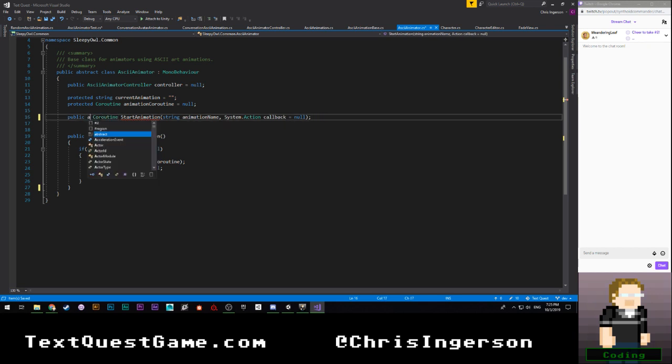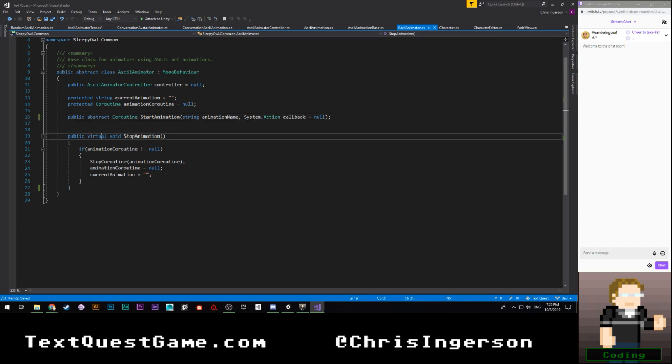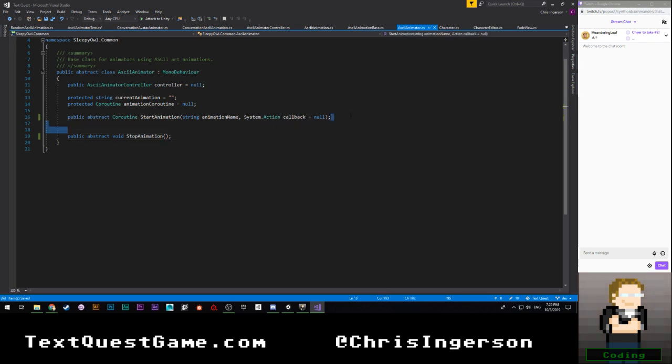Coroutine. Abstract. And so is stop animation. Okay, so both of those are now abstract. Current animation itself is fine. Both of these I think are okay to keep in there.